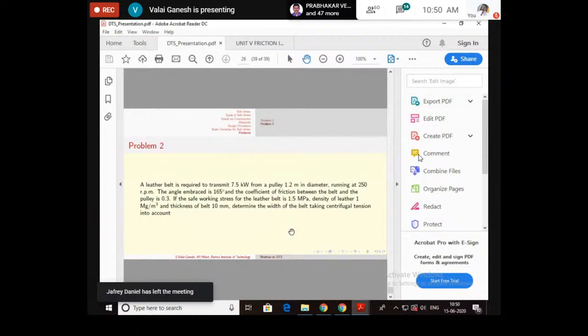Before I hand over the session, I have to show some applications of the belt drive. Flat belt drive is normally applied in floor mills, coolant pump, lubricant pump, ACs, lathe machines, belt conveyors, then transfer case in four-wheel drives. These are all the famous applications of flat belt drives, as you may see in your day-to-day activities.